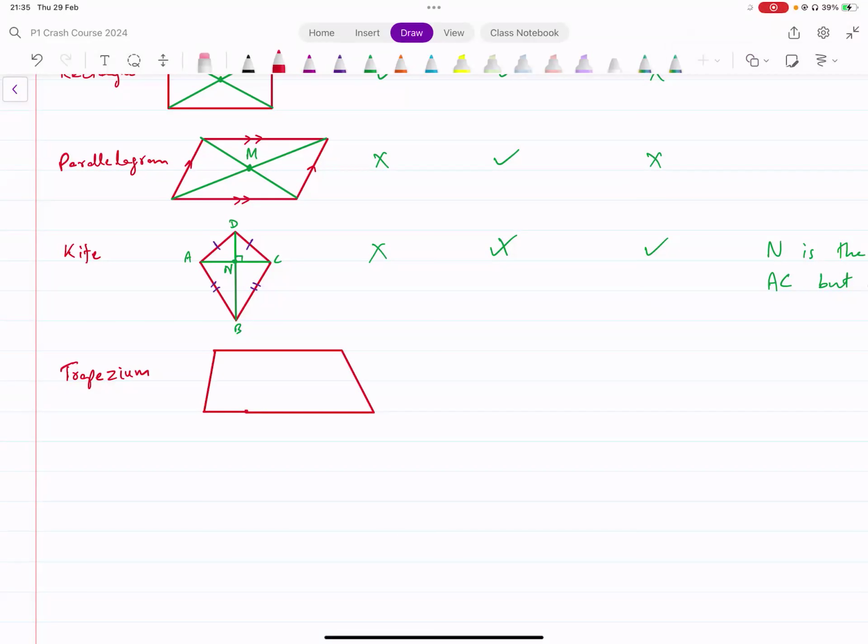Two of the sides are parallel and the other two are not parallel. In this case, these two might be parallel and the other two are not parallel. What about a trapezium? The diagonals of a trapezium would look like this,